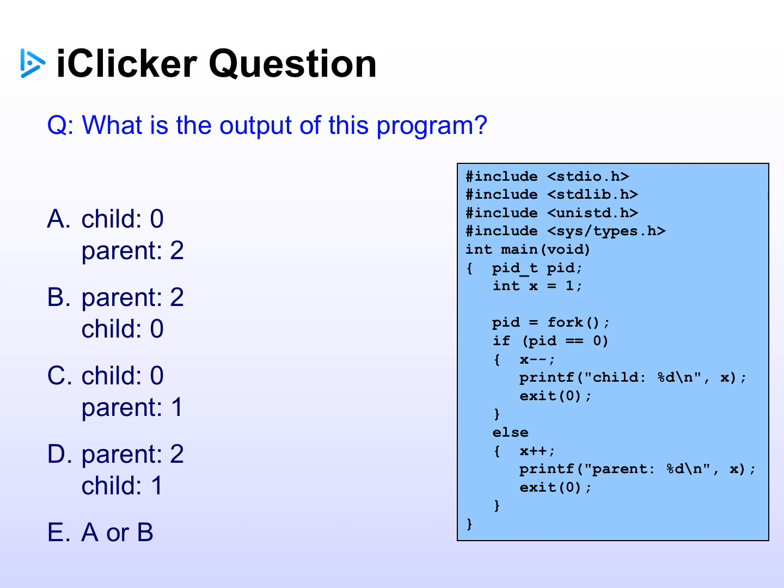The answer here is E. It's either A or B, but the order is uncertain. Whichever one runs first will change the value of X, and so assuming that this value is in memory and not just sitting in a register somewhere, copy on write will ensure that the two processes actually have different distinct copies of the memory